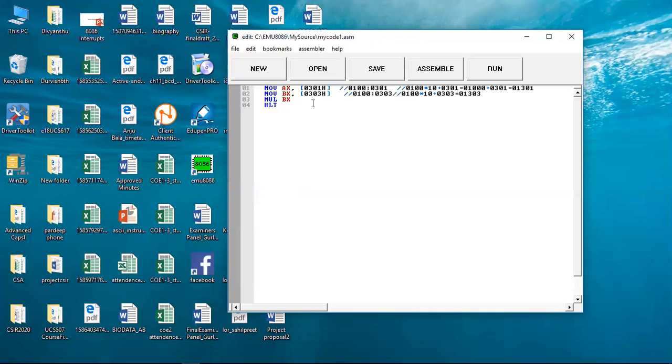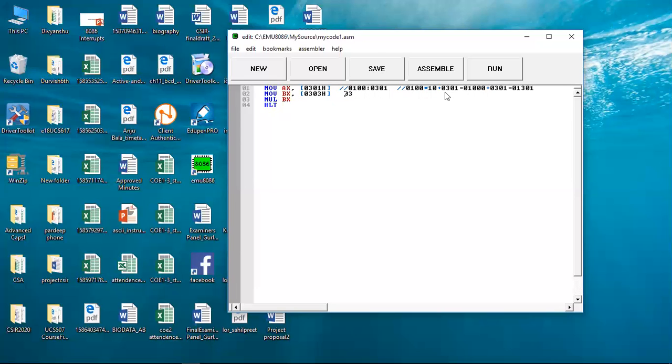When we are doing the multiplication, AX is multiplied with BX and the result is stored into AX. This is basically what we will do in this code.